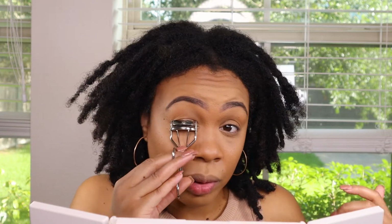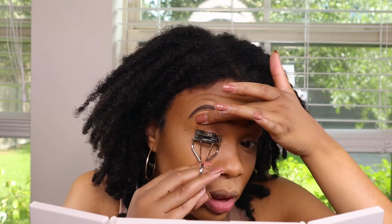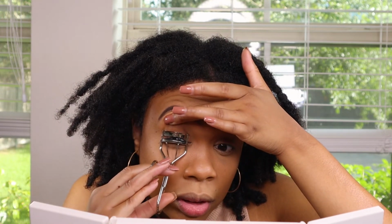The next step we're going to do is our lashes, and since this is a beginner's guide, we are not going to put on falsies or extensions or anything of that sort. I have my eyelash curler here. If you're scared to do this, don't do this, but I'm going to show you guys what to do. So let me scoot forward, okay? What you're going to do is put it on your eyelash like such. Pull up your brow like such. This will help you not catch onto your skin. And you see it's open. You're gonna close it